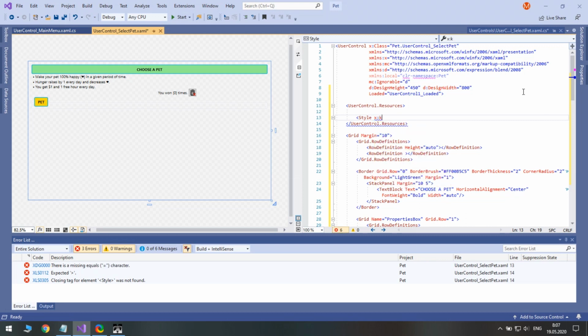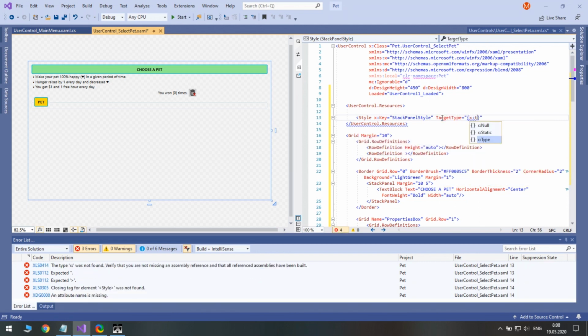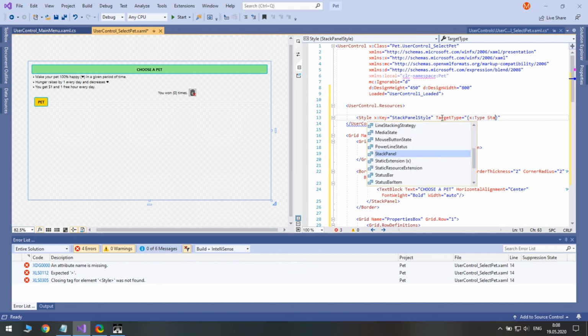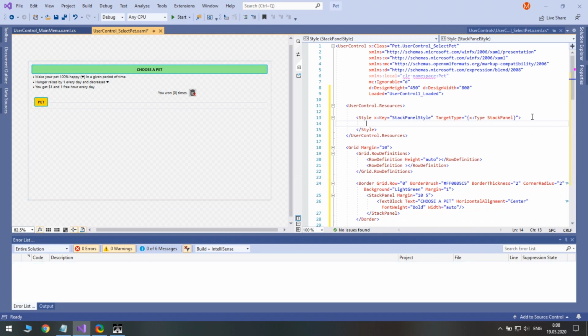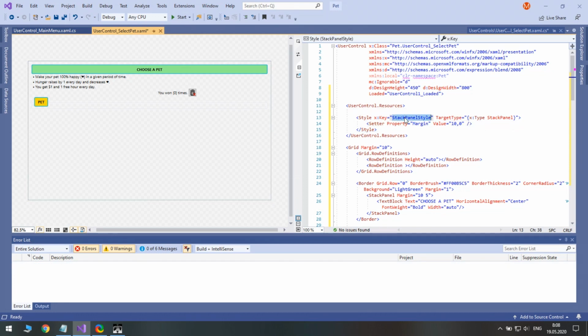Since we will have 5 stack panels, let's create a key style for them. This will make some space from both sides. Let's apply this style.